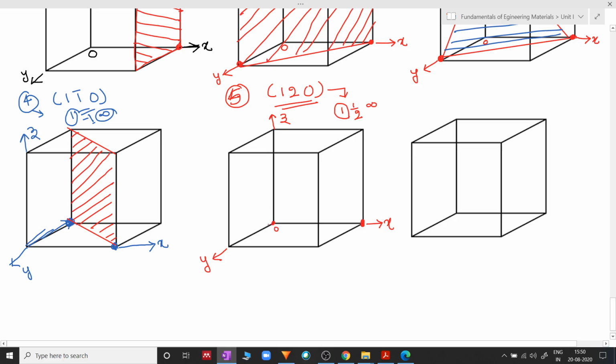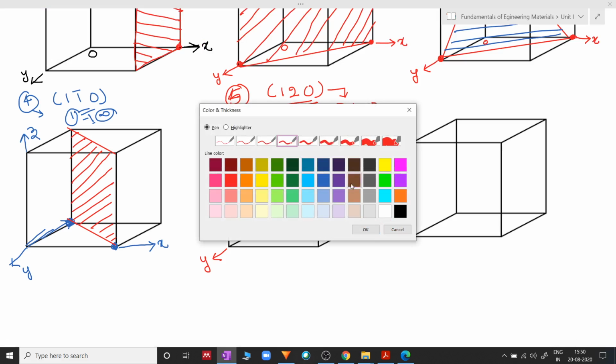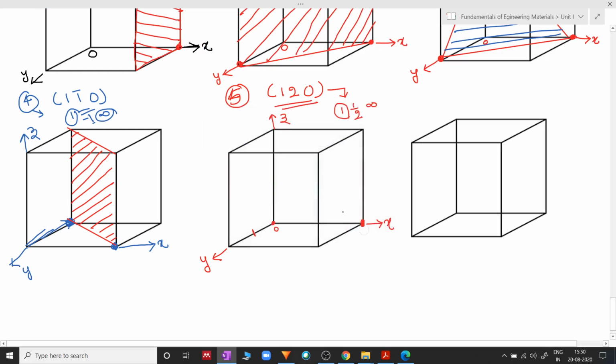So towards y direction 1 by 2 means, let us say this is a 1 by 2 distance, and then this plane is parallel to z axis. Therefore I can join these 2 points and draw parallel to the z axis. Let us draw that. So joining these 2 points,